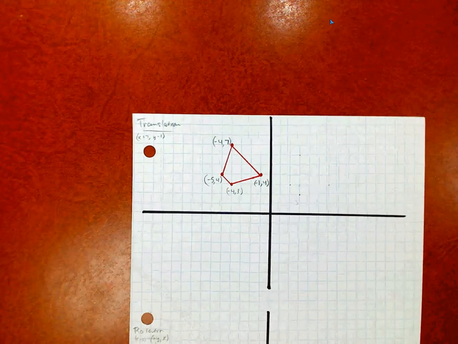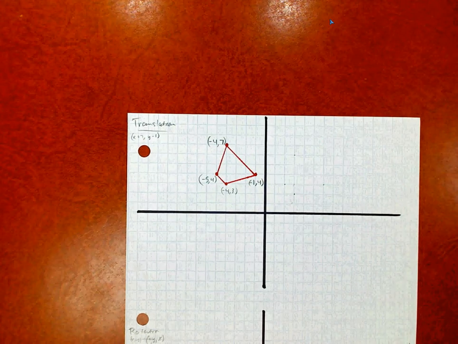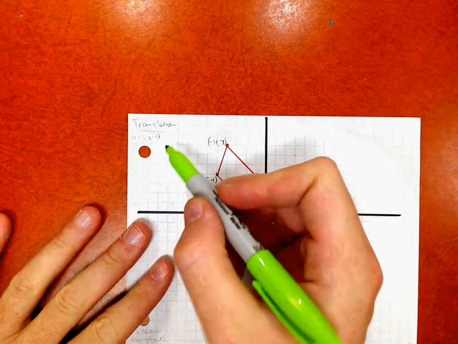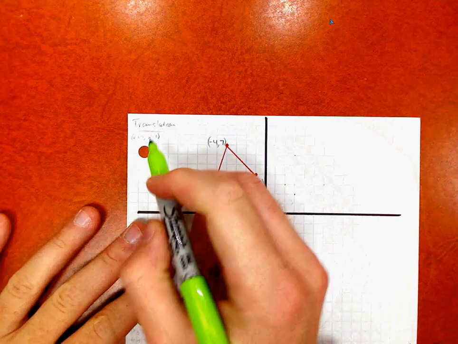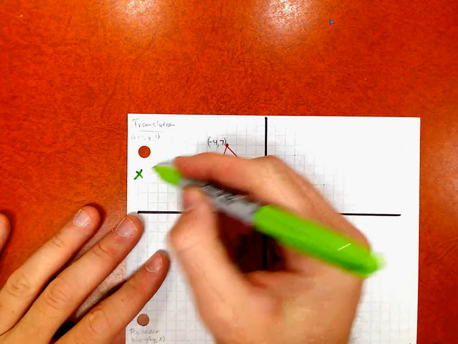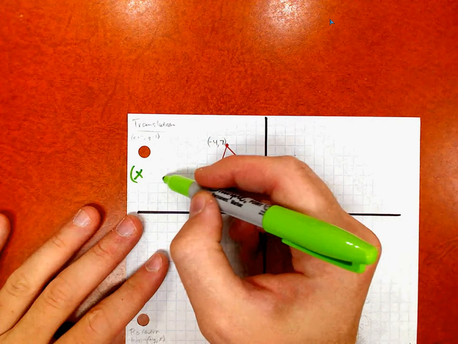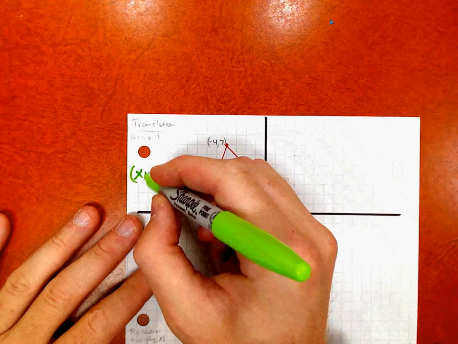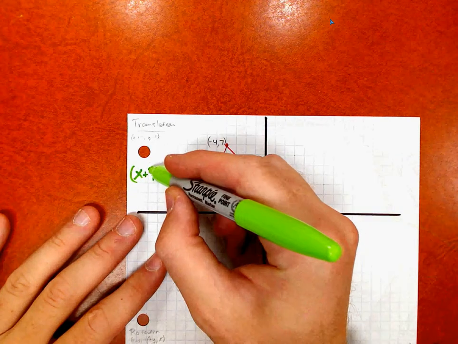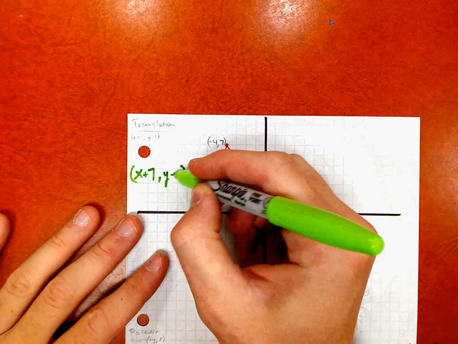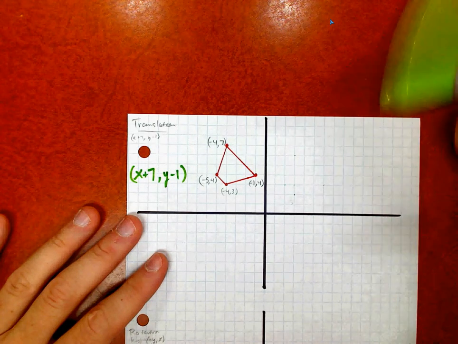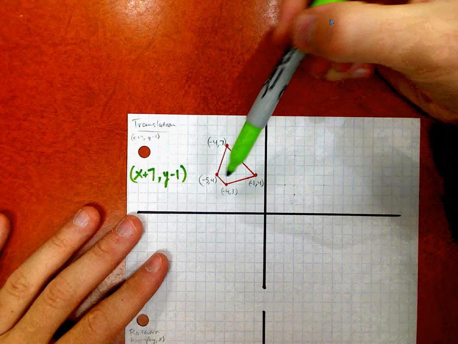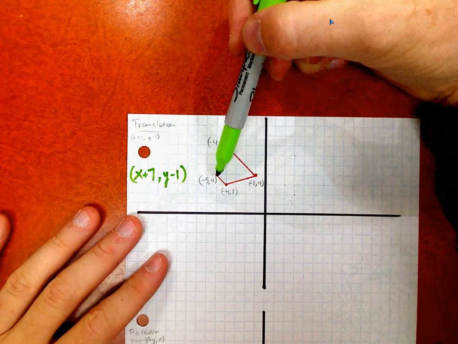Some of you might start to think of a translation as a slide transformation. Sometimes it's referred to as that. In every translation, you simply add a constant value to all of the x coordinates and add another constant value to all of the y coordinates. So every x, y might get a 7 added to all of the x coordinates, and in this case we're going to subtract 1 from all the y coordinates. To translate this trapezoid, I'm going to take negative 5, 4 and add 7 to the x value,